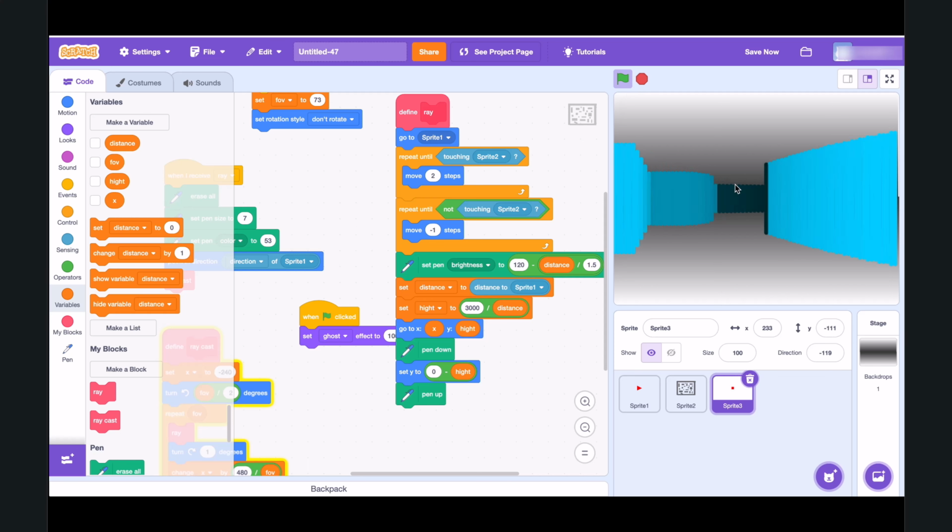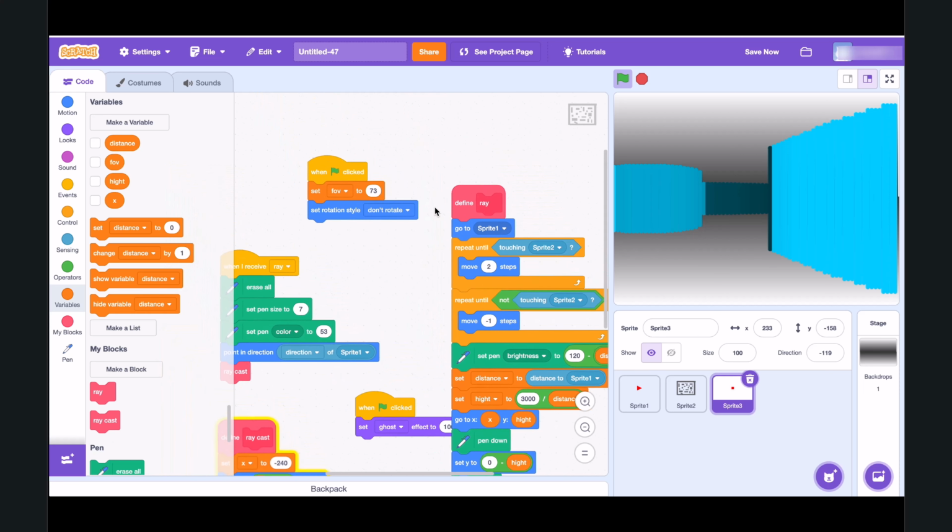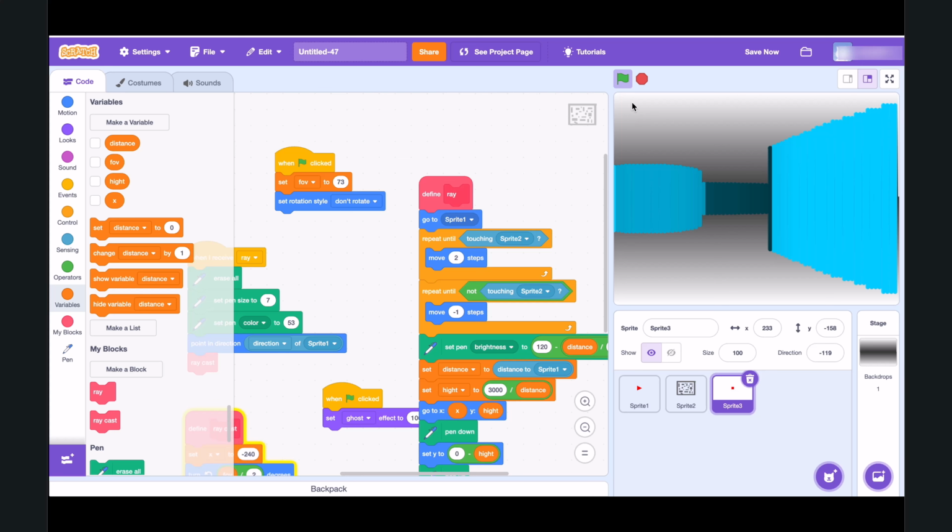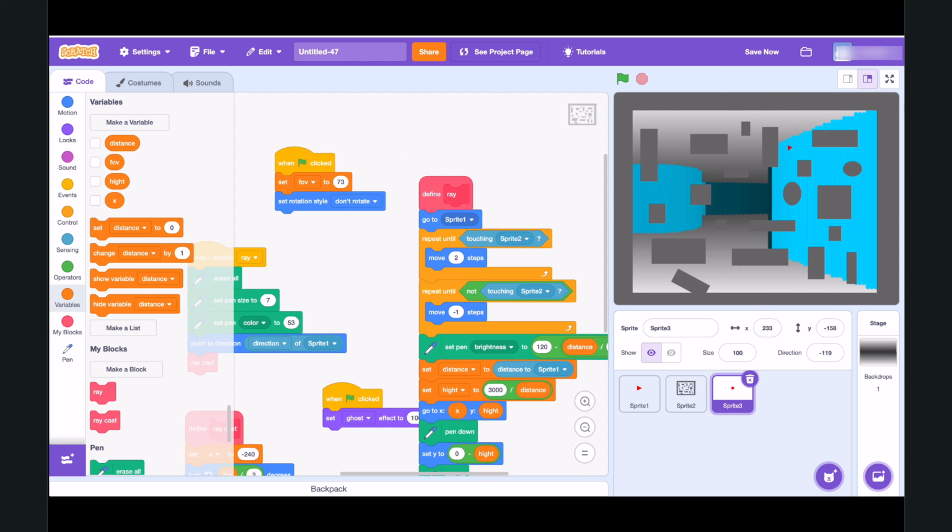But the cost is that it gets more glitchy. So if you don't want it to be glitchy, there's one way to fix it a little. So there's one, and yeah. Now as you can see,